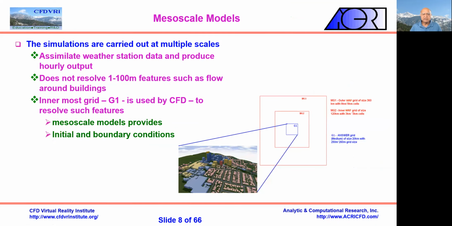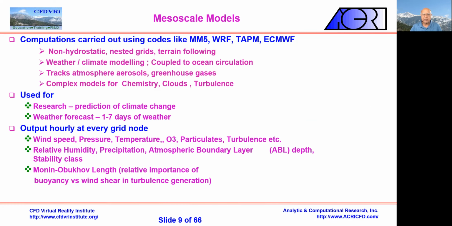Now let's look at the typical mesoscale model. Usually a mesoscale model would have nested grids, because there may be places where you need more resolution and places where you need less resolution. But these mesoscale models do not work at small scales, like 100 meters and below. They usually have much larger grids. So at that level, we use what I'm calling the G1 grid, which comes at city level. Here we have to solve by CFD. We cannot use the mesoscale model at this level, though the mesoscale model provides the initial and boundary conditions. We'll come to that in a minute.